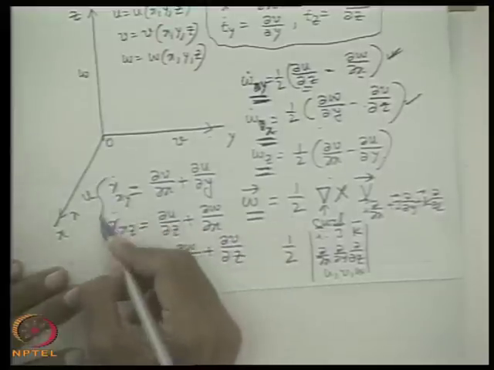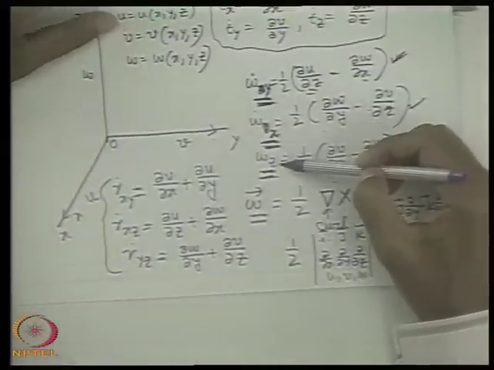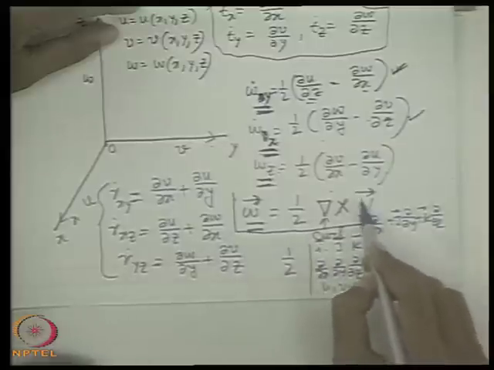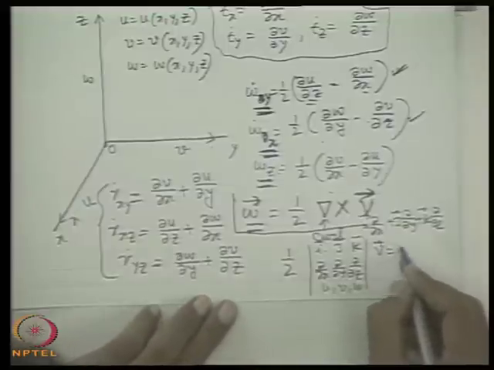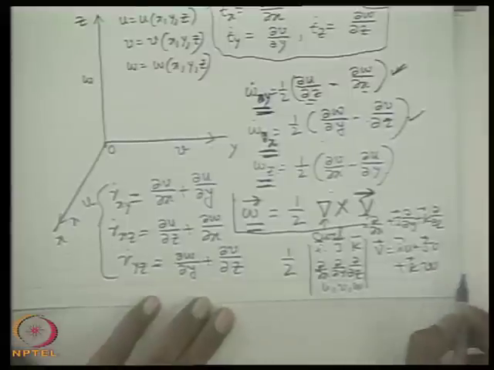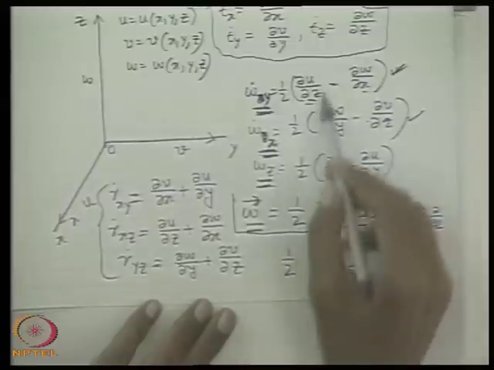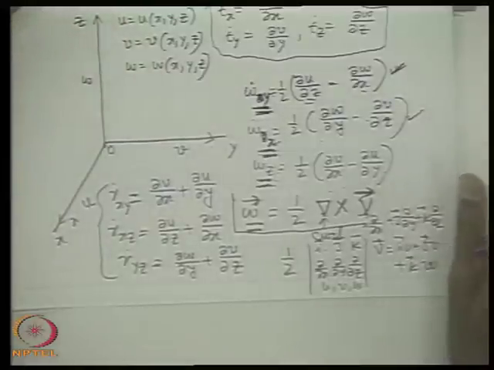So these are the three distinct components of deformation rates and three distinct components of angular velocities, in which case the angular velocity, being a vector, can be represented in a vector form like that. See, v bar is the velocity vector, having components i u plus j v plus k w, where i, j, k are the unit vectors in the x, y, z directions. We can write this curl, that means the cross product of del with the velocity vector v, which gives distinct components like that: omega x, omega y, omega z. Okay? Clear? No confusion?